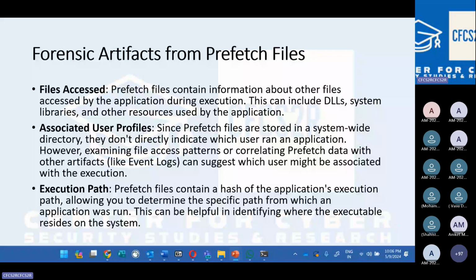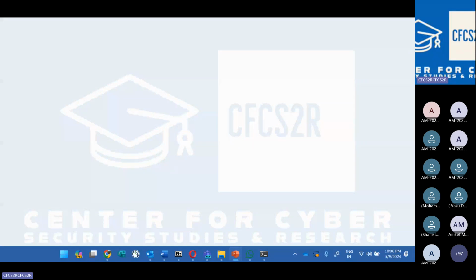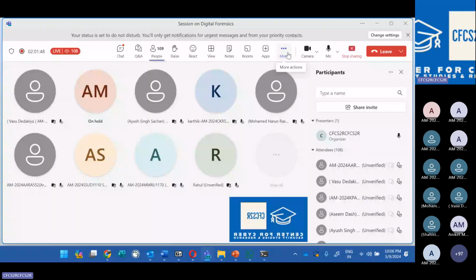The associated user profile will tell you the execution path, prefetch file creation time, and other metadata. Okay, so these are the important tools that we can use, particularly, I would say, for the